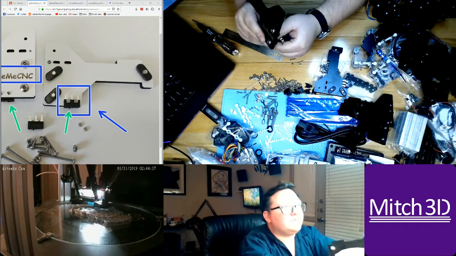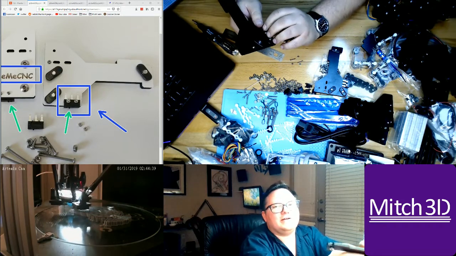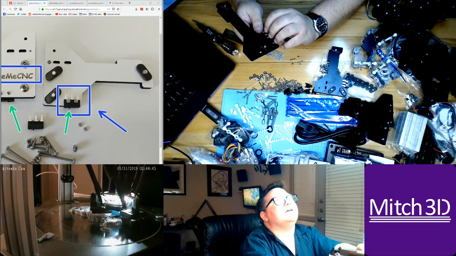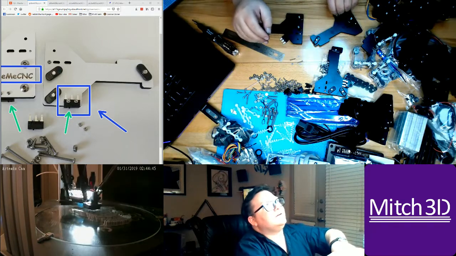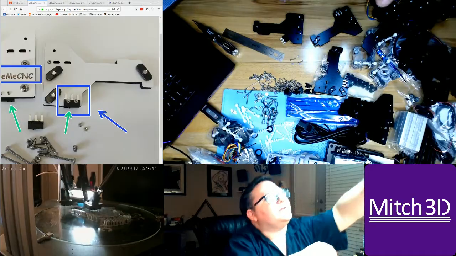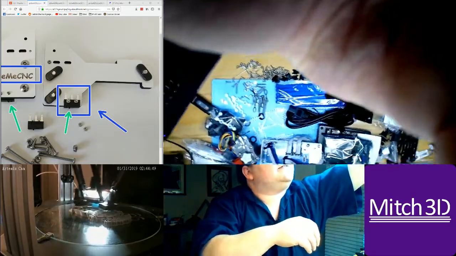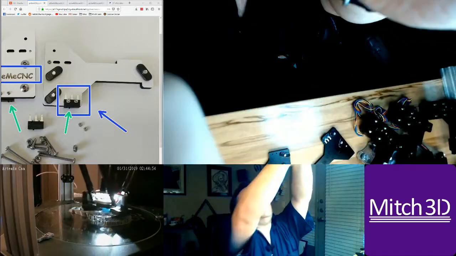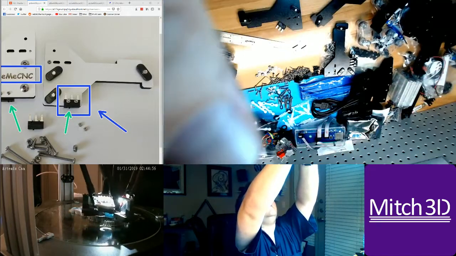Yeah, if you want a mount for your webcam, right now mine is kind of hanging on a shelf, not a shelf, but it's hanging on the thing. I might switch it up a little bit. I'm gonna try this. If I aim the camera here and mount it on here,